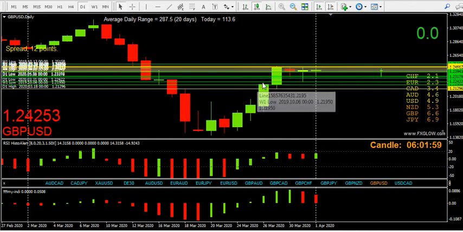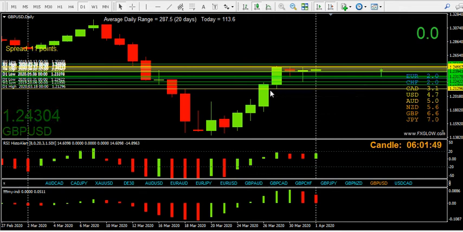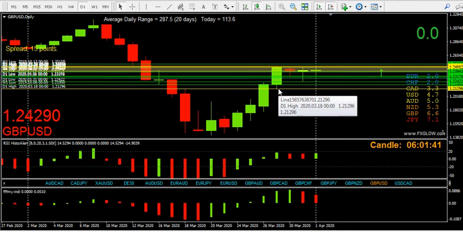But when resistance on the candlestick is broken, what do I always say? Comes back, tests it as support. More often than not, this could be traded. When you're up here and you know you've broken that resistance, there is a strong possibility it will come back and test it as support, which it did to the pip by the looks of it. Let's have a look. The high on that was